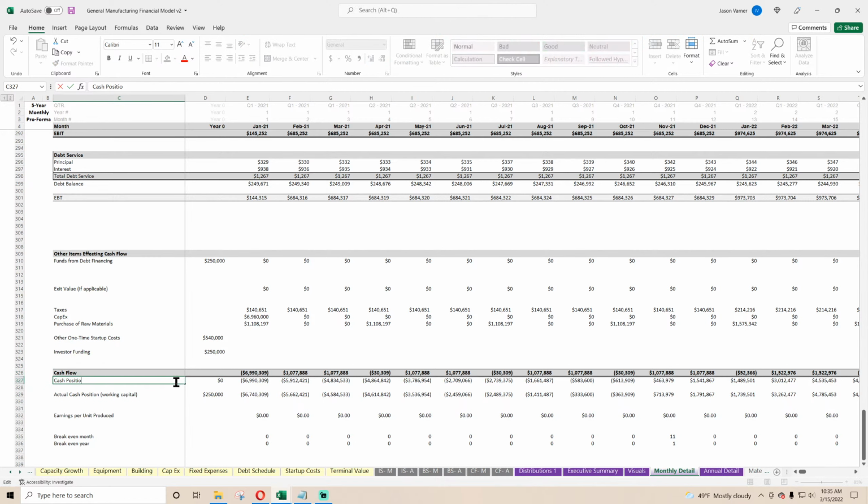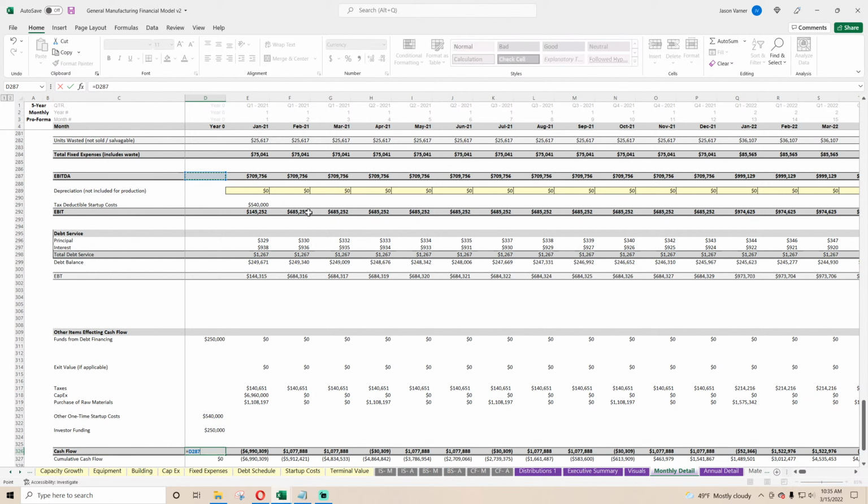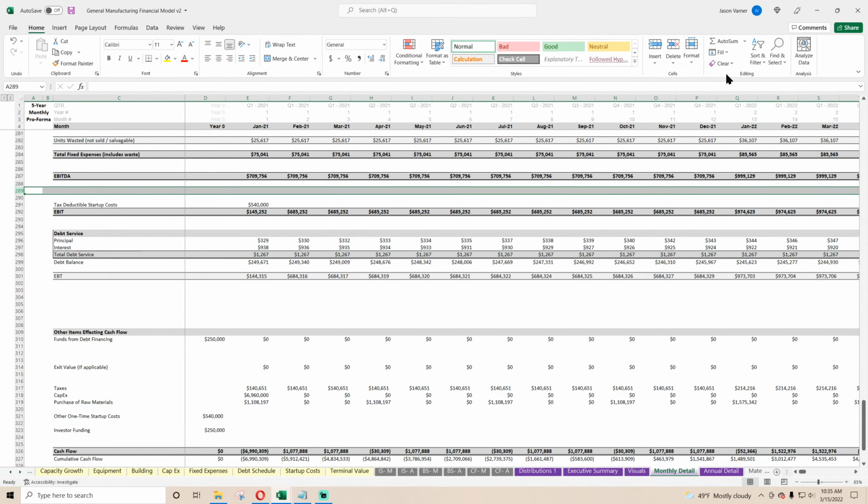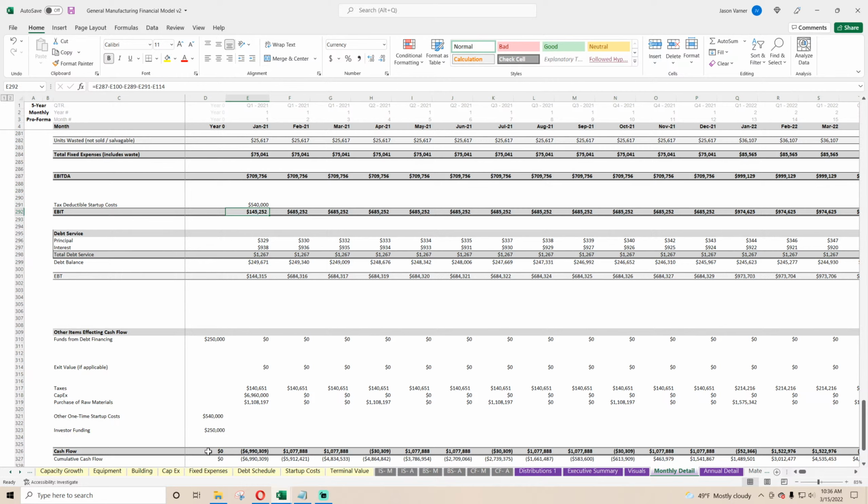Cash position, cumulative cash flow. The cash position will be on the balance sheet. All right, so EBITDA. Hold on, let's clear this out too. EBITDA